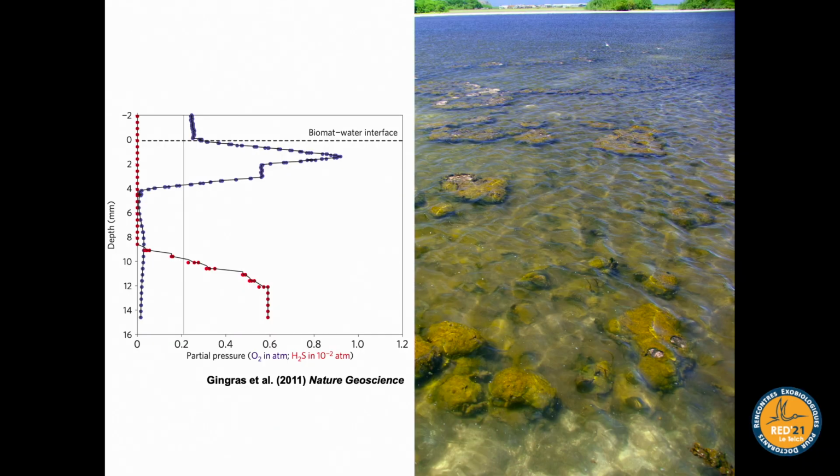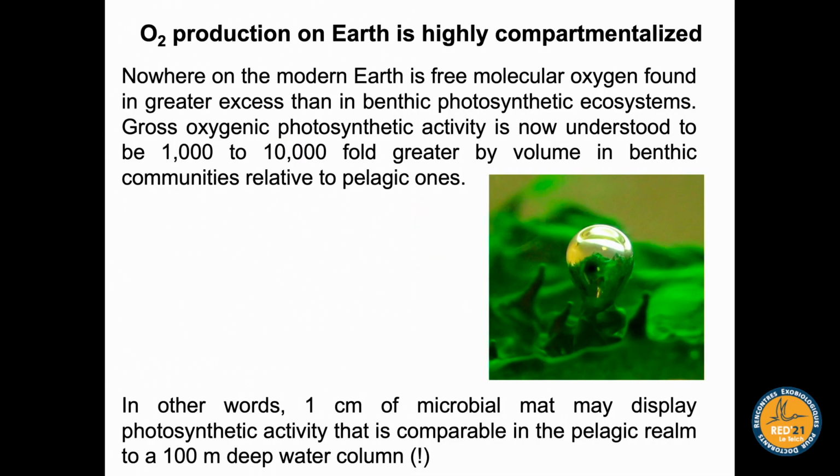Here you can see the graph on the left shows microelectrode profiles, so at very, very small scales, showing oxygen and sulfide concentrations within these microbial mats. And in fact, in that upper, very active photosynthetic layer, we have nearly pure oxygen at the top. And it turns out that O2 production on Earth is highly compartmentalized. Nowhere do we find it in greater abundance than in benthic or surface-attached microbial